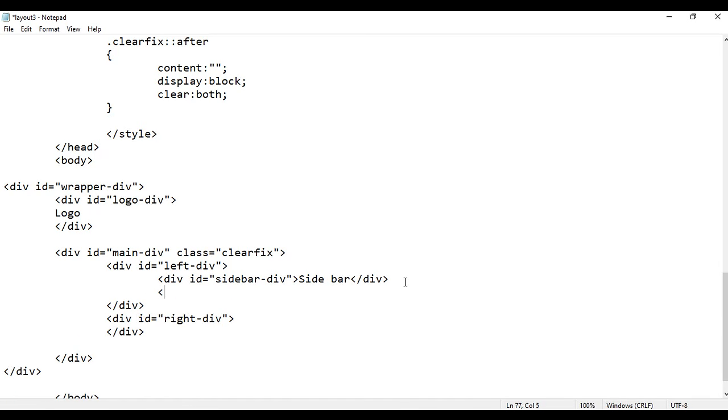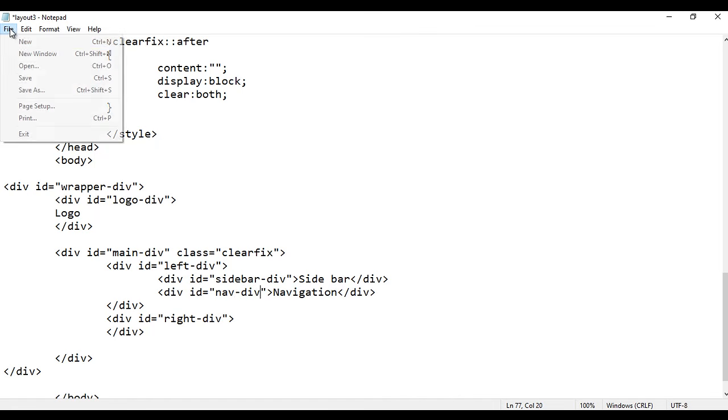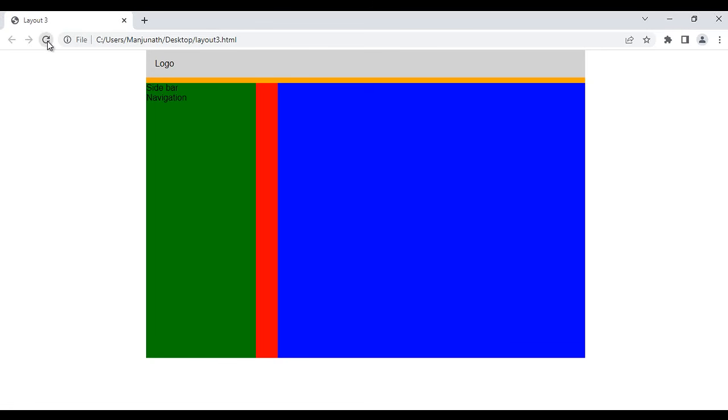Below that I'm going to create another div. Inside that we will have the content navigation and ID, I am going to say here nav div. If I say file, save, go to browser and refresh, you see we have sidebar text displayed as well